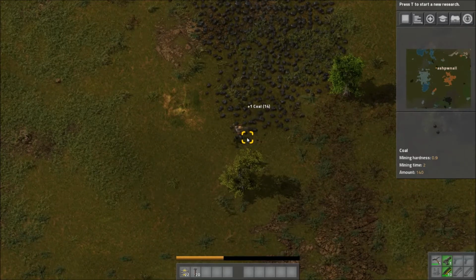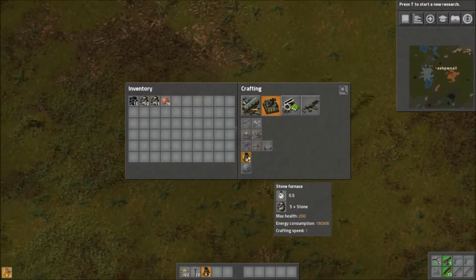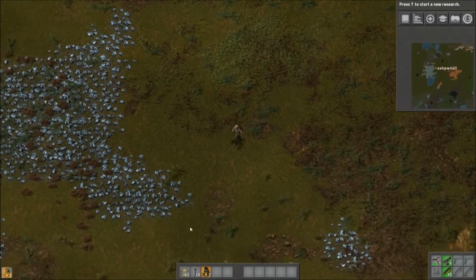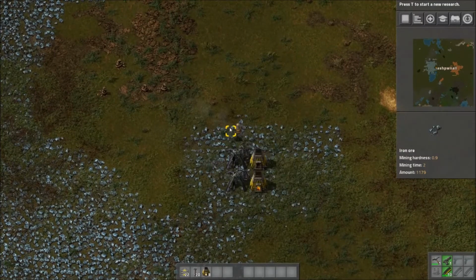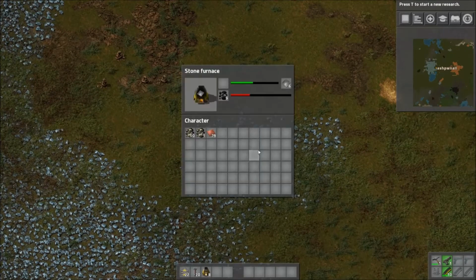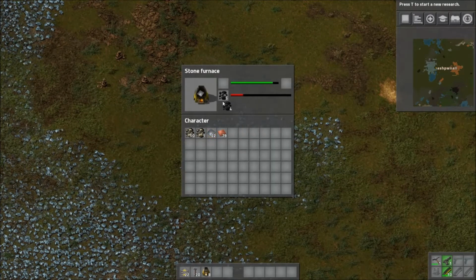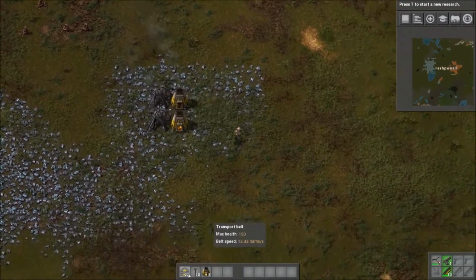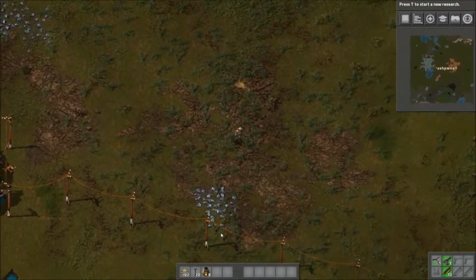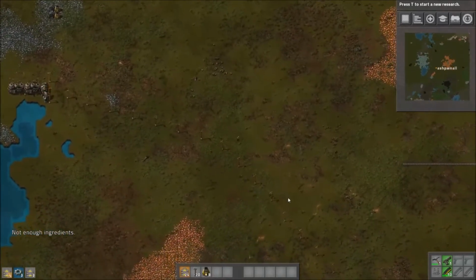Give me another 15 of these, please. There, we'll make a 8 stack of furnaces. I think I want to run out. Let's see if this will make it. Should be enough. Well, maybe not, but...